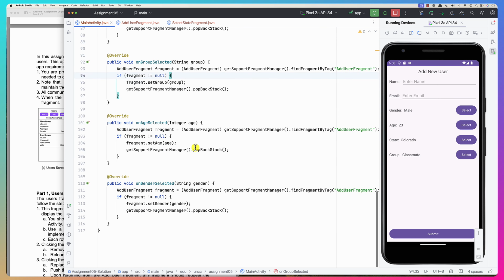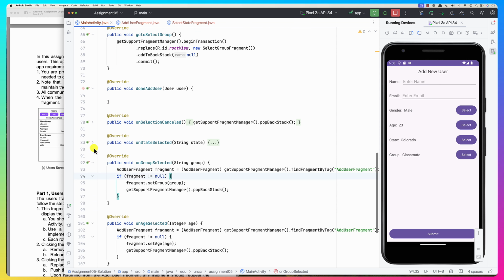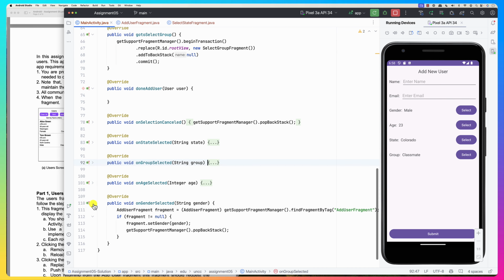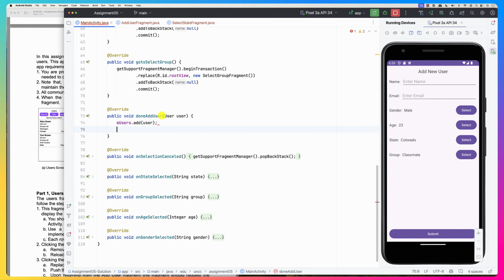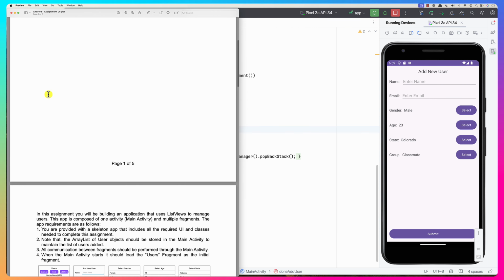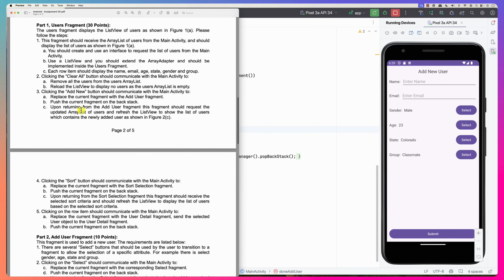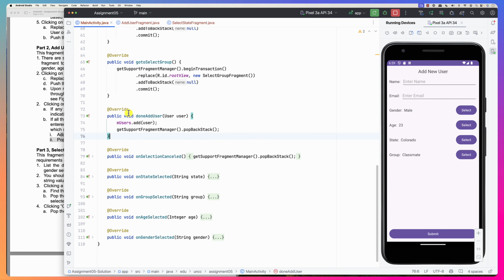If we go back here, if you look at the method that does that, what we're going to do is add the user to the list. So basically, one is to add the user to the list, add user. So we added the user to the list and pop the backstack. That's it. If you look at the instructions, it tells you exactly what to do. It tells you when the user is added, so add user, and pop the backstack. That's it. We did that. So we're good,